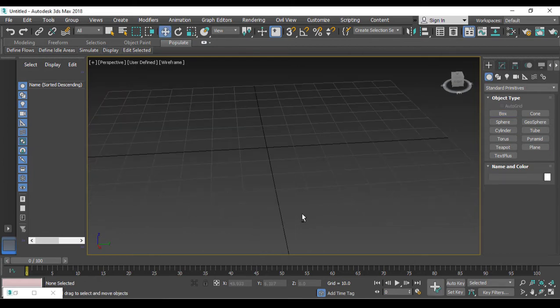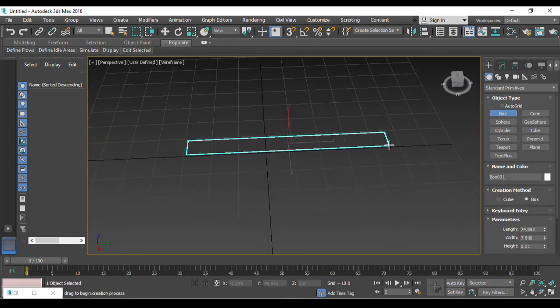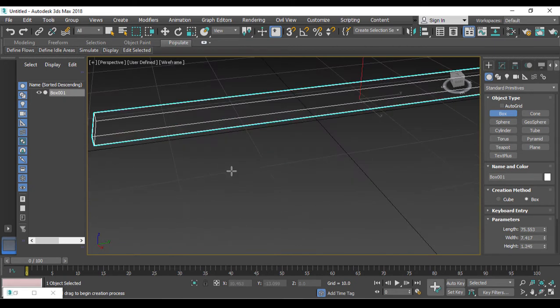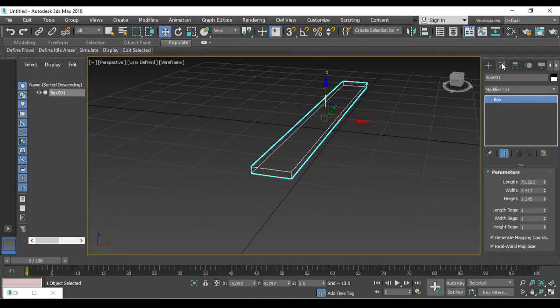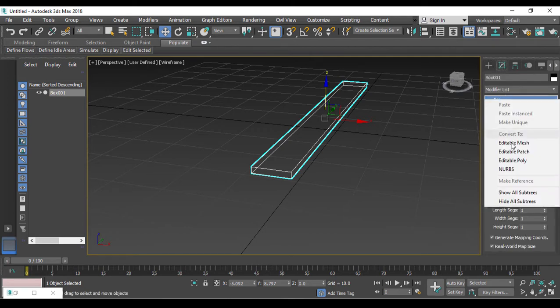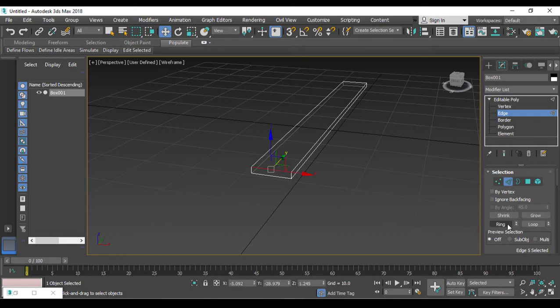So in this tutorial, we are going to see a wooden sofa. It's simple. I'm just going to go for standard primitives here in the command panel. Just select a box, click and drag a box, and a little bit of height. Just right click and go near to this. Now this is in the wireframe mode. Select that, go to the modifier, right click on this, go to editable poly, open this editable poly, select edge, click on this edge, go for ring, and I'm just going to expand